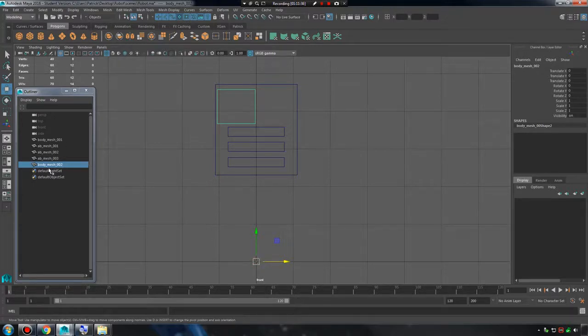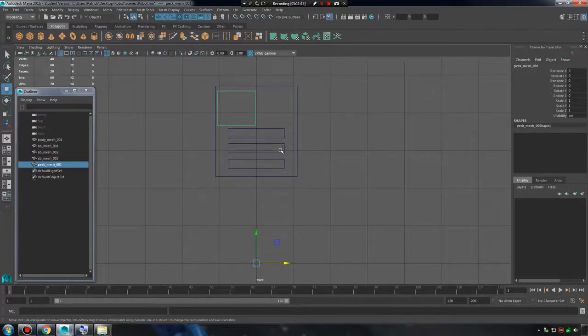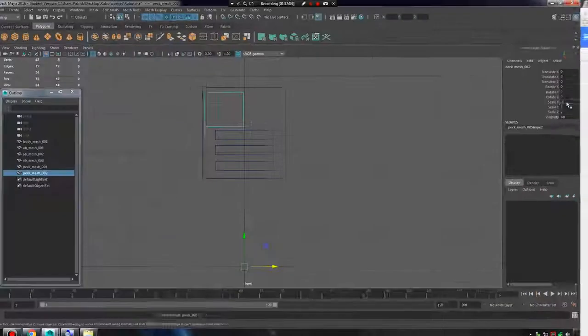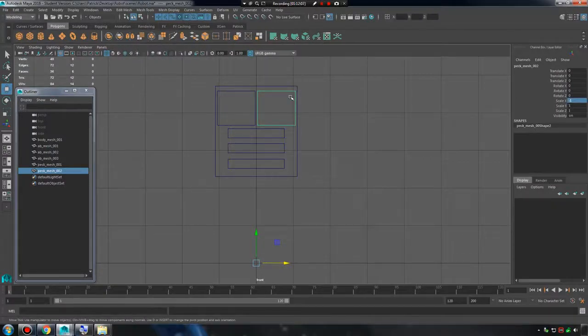So I will name it first, actually. I'll call this Pec Mesh 001. So after I've got all these things done, I will duplicate it. So I got Pec Mesh 002. And since we're zeroed out in my channel box and my transformation handle is at the very center of the grid, if I give myself a -1 scale value in the scale X position, that means I'm going to create the same object, but its position and its properties and its location is going to be mirrored across the